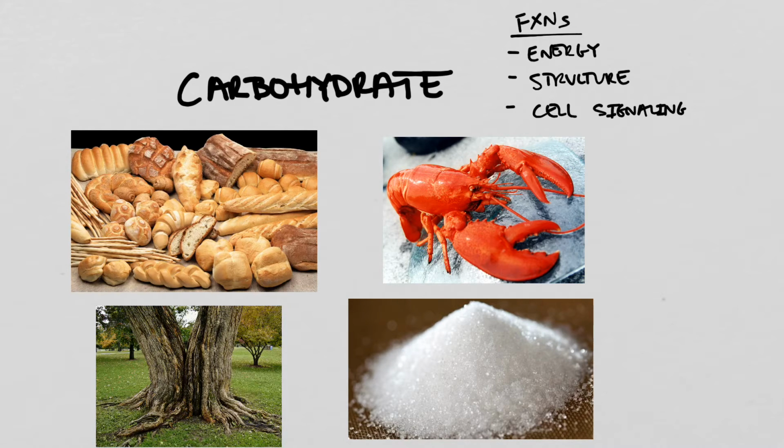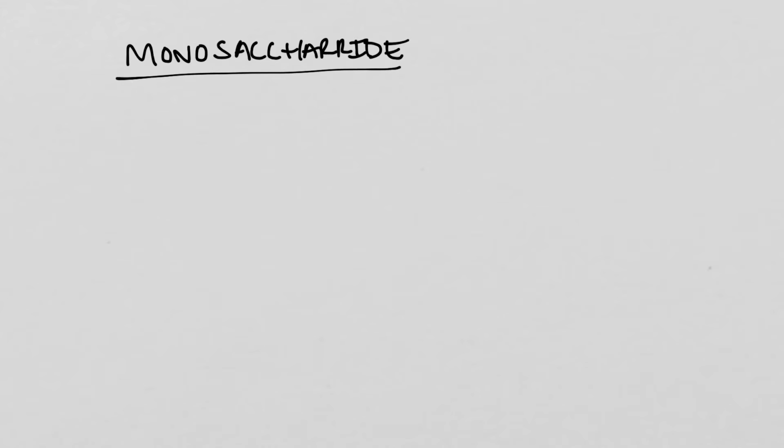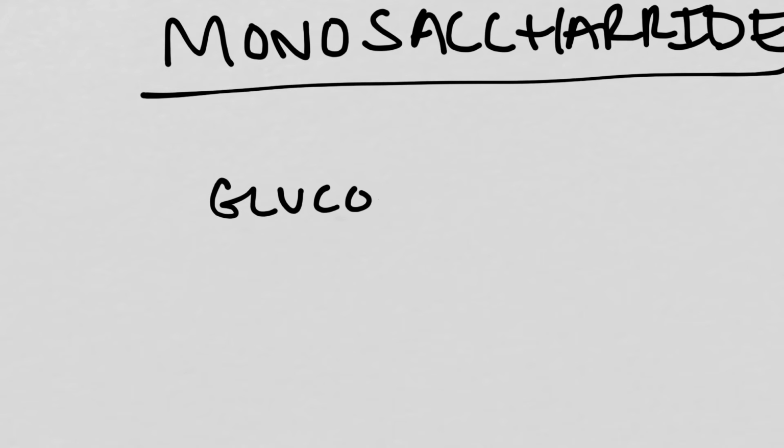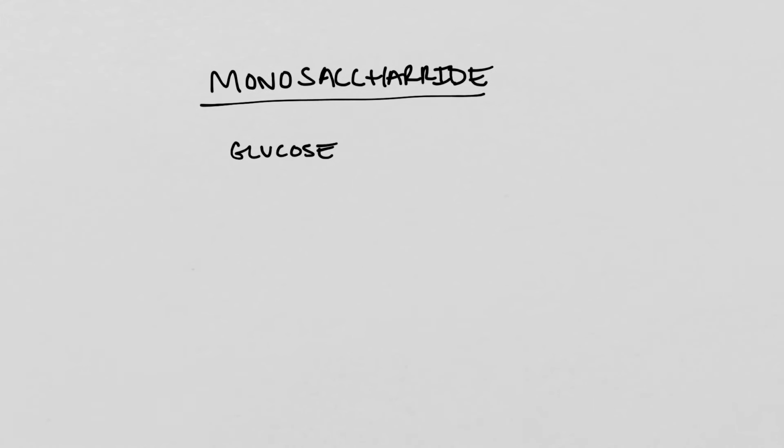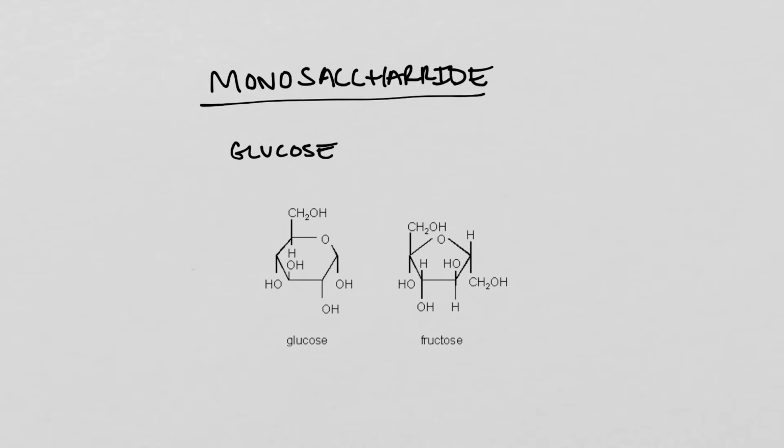Let's talk about the different types of carbohydrate. So the most basic unit of a carbohydrate is called a monosaccharide. I'm going to write that down. Mono. It's a long word. Mono meaning one, and saccharide meaning sugar. One sugar. So a perfect example of a monosaccharide is glucose. A sugar I'm sure you've all heard of before. I'm going to throw up a picture of glucose here. Look, it's a twofer. Glucose and